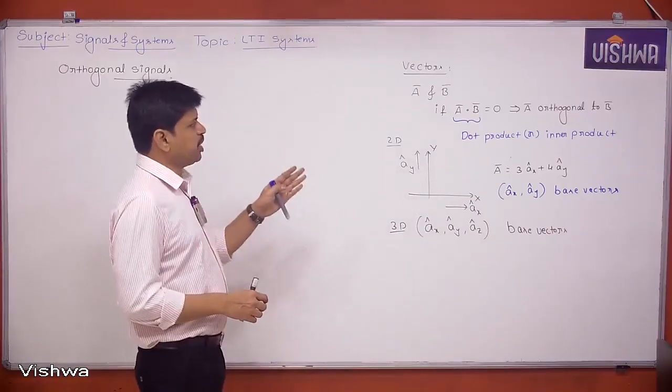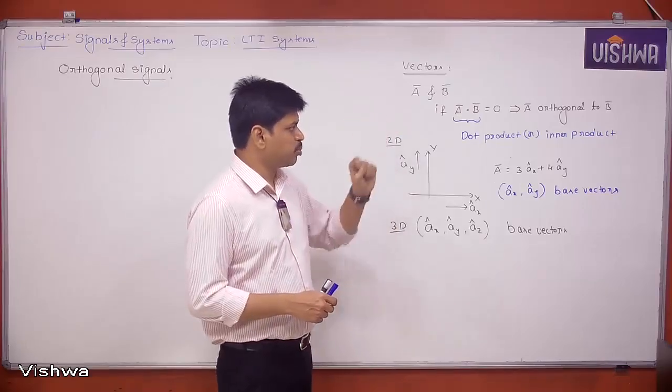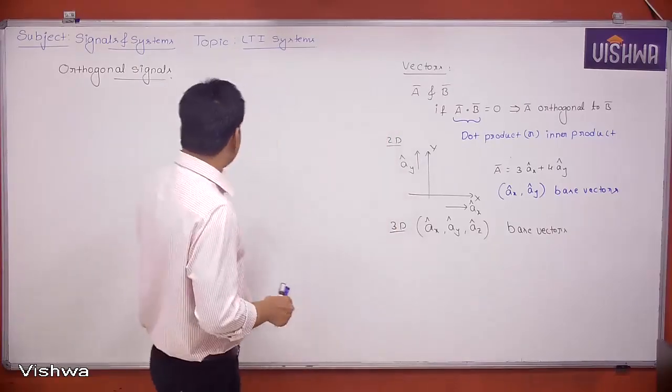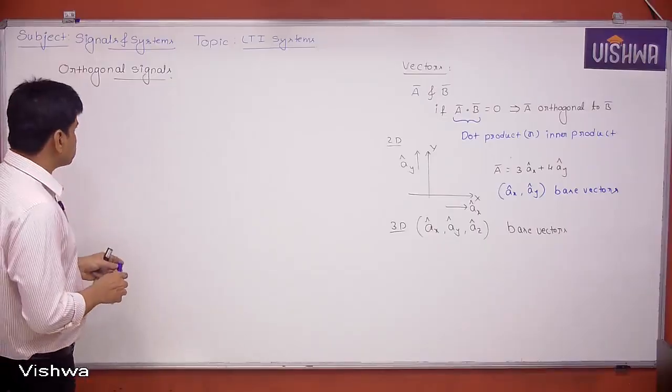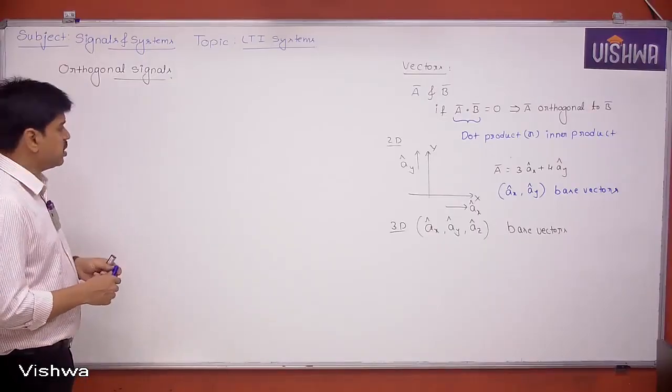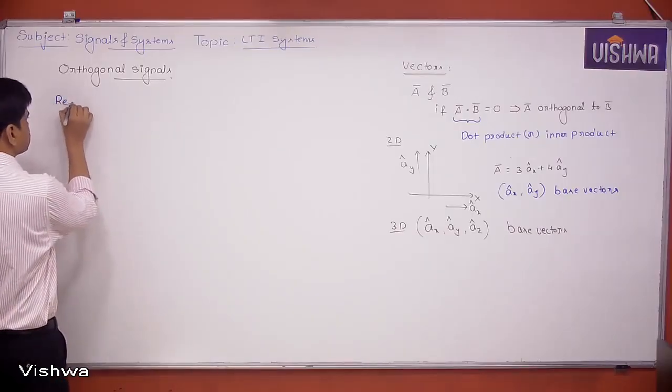Now I hope you understood what you mean by orthogonal vectors. That means the dot product or inner product has to be 0. Coming here, orthogonal signals in signals and systems. What is the inner product for signals? If they are real signals,